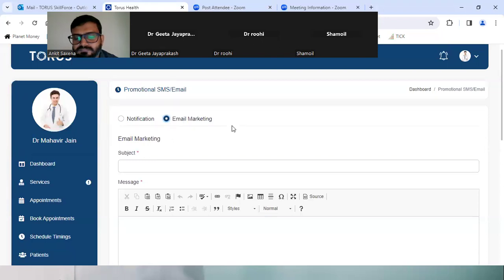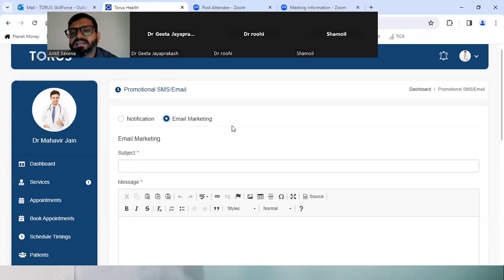Are you talking about your personal Insta? Yes. Yes, you can do promotional SMS or email, anything. Upload flyers, anything. Okay, thanks a lot.